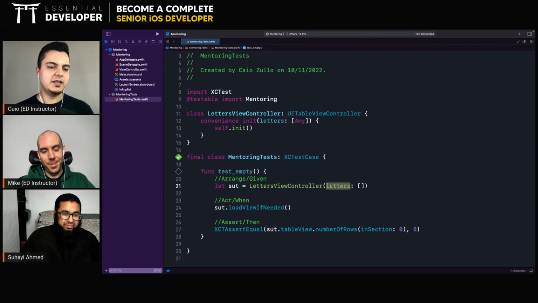Where did these letters come from? It doesn't matter. The UI can be simple enough that you just pass data to it and it will render on the screen. That's it. And then your UI is simple, it's simple to test. The same thing, if this was a SwiftUI letters view, same thing.